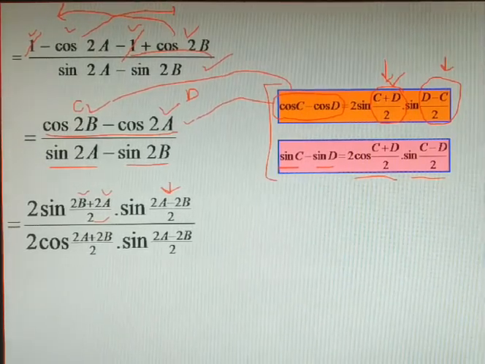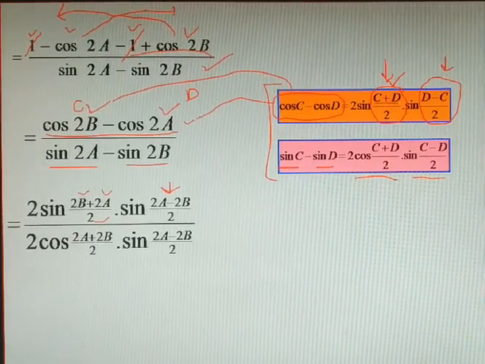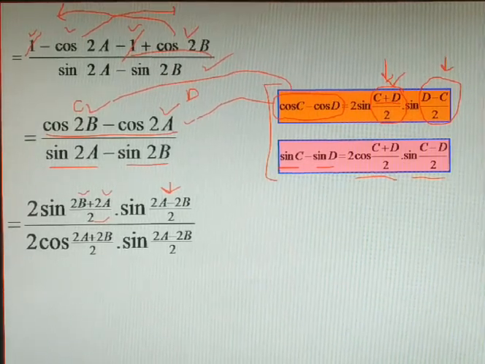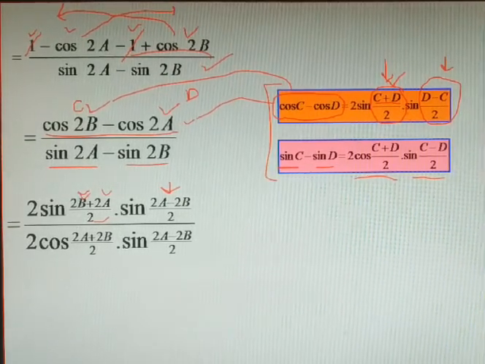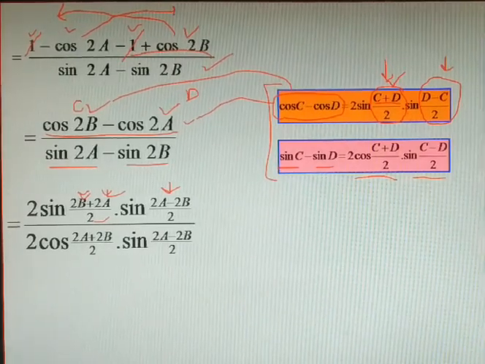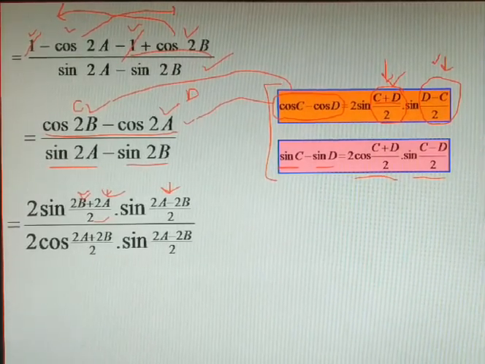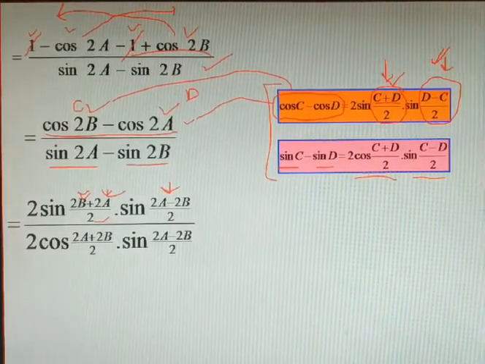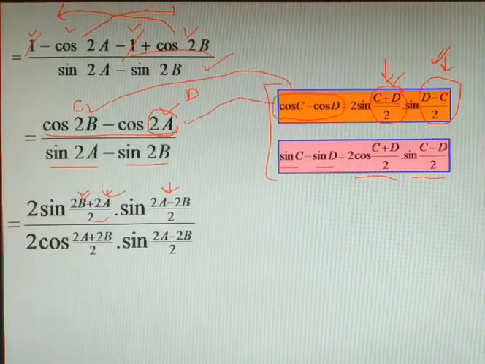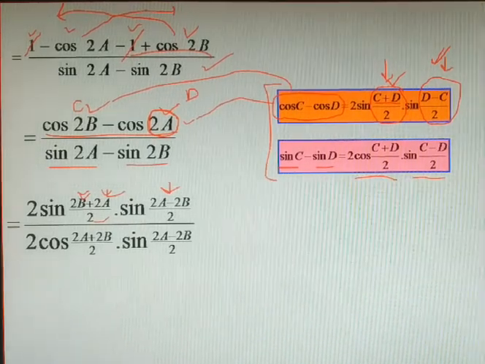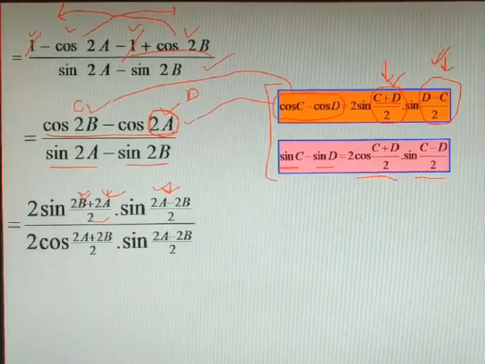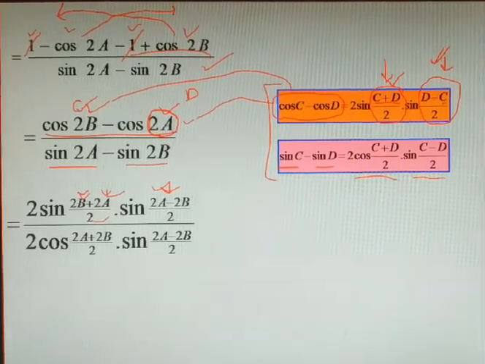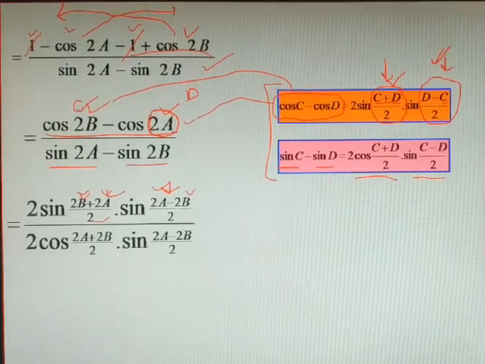Now see here, if it is c plus d, whether it is written as d plus c or c plus d, it doesn't matter. So we are writing 2b plus 2a in the same way. And then this d minus c, it should be correct. It is d minus c. So first of all we'll write this one as this is similar to d. First of all we'll write 2a, then minus c, that means the first angle, that is 2b. So you should be clear in this part.